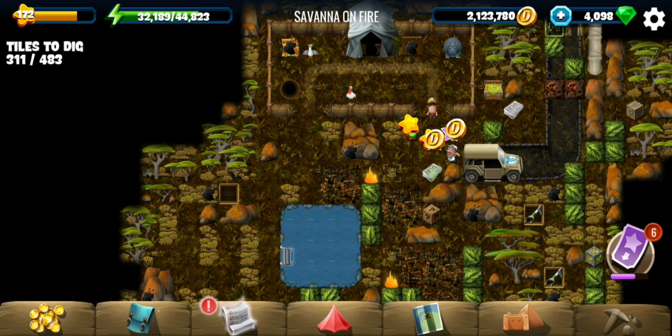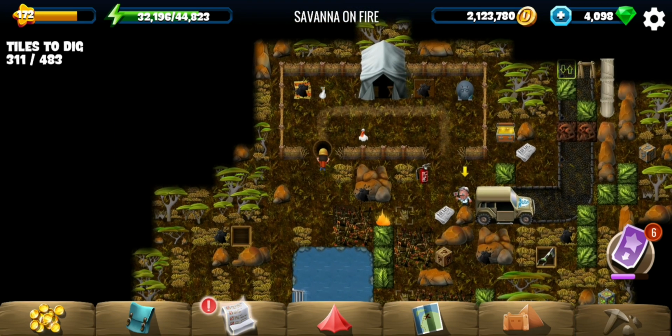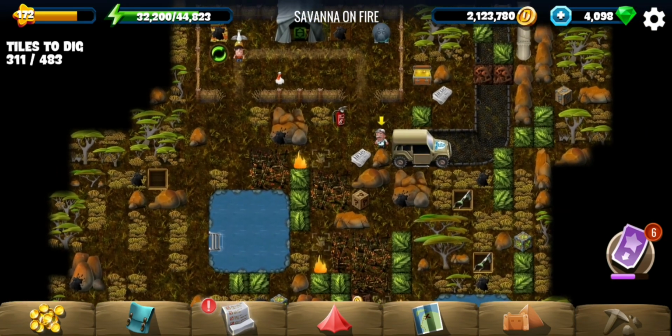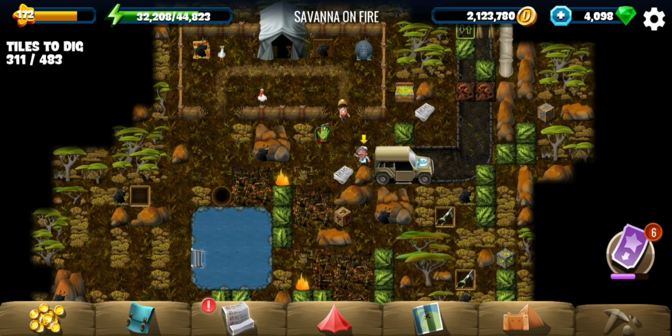Okay, good. Are we supposed to do something with that barrel? Can we put it on the mark up there? No, we can't. And I don't see anything else to do with it. Can we fill it up with water or something? No, we can't. Anyway,